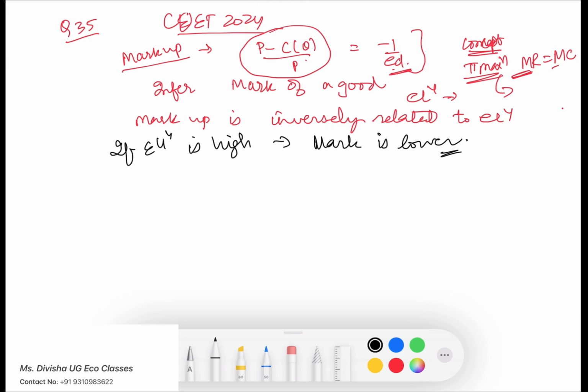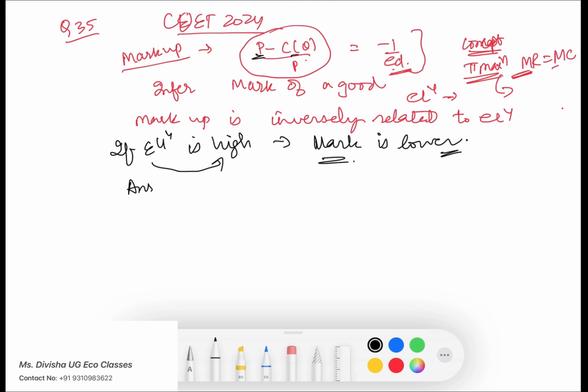So if elasticity is lower, markup would be higher. Similarly, it just means that if there is a higher elasticity of the demand for that particular good, that means there are maybe more substitutes available to that particular good, and therefore the markup over the price is lower, right? There is a less possibility for the firm to charge a very high price over the cost, and therefore